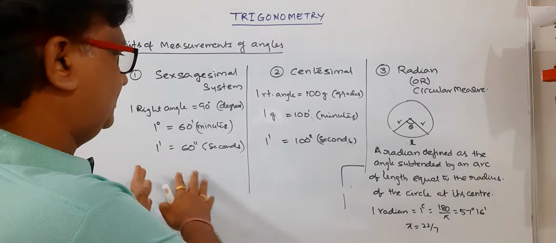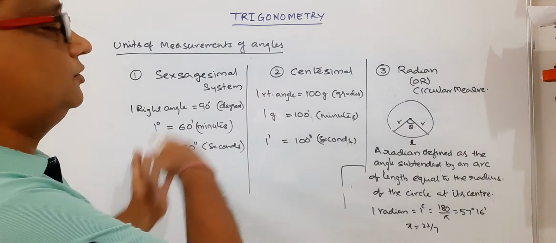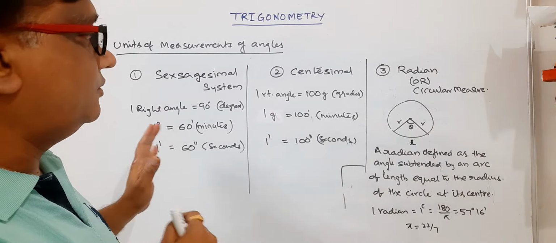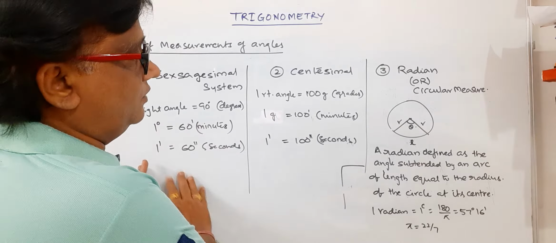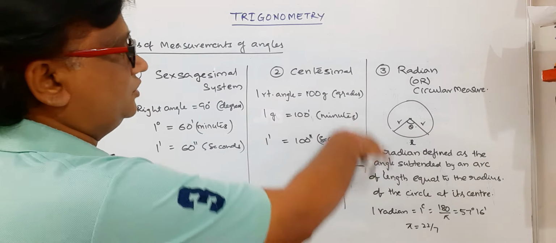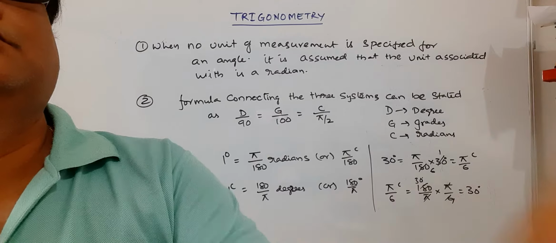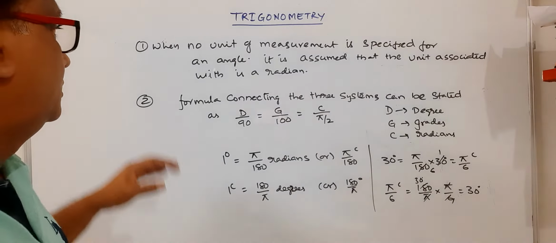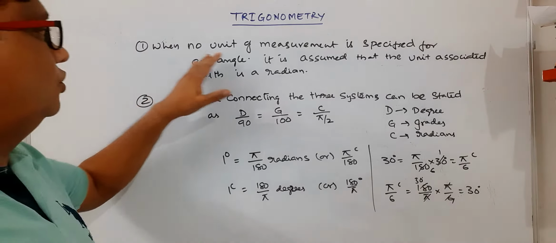That means sexagesimal to radians and centesimals to radians, some conversions. But most probably we are in higher sections, that is plus 1 and plus 2, where we are taking 1 to 3 like this. So we are not using the middle part, centesimals. Now in this part, first 2 points you must remember, that is when no unit